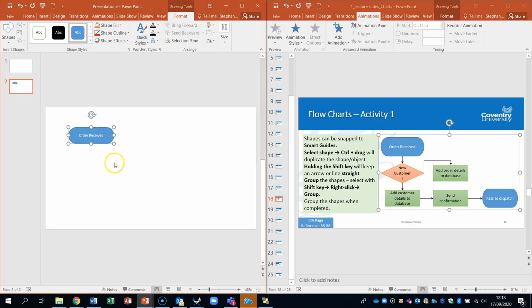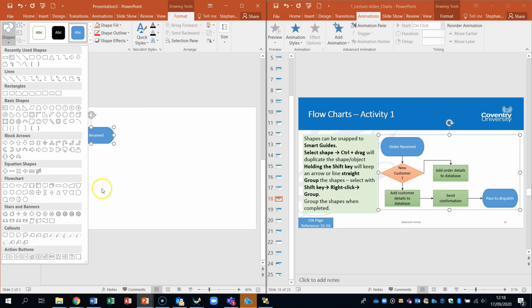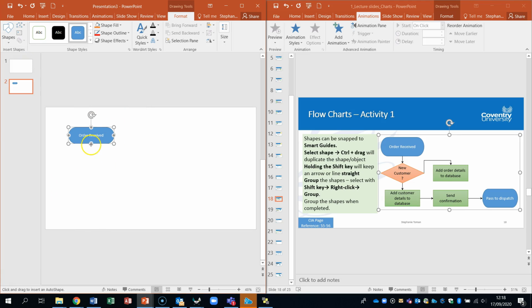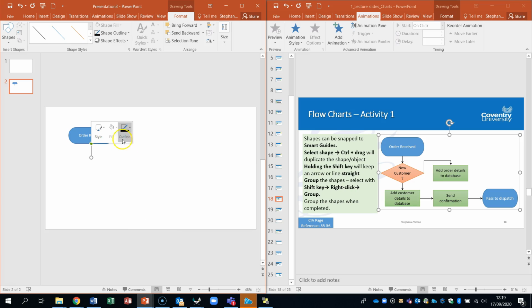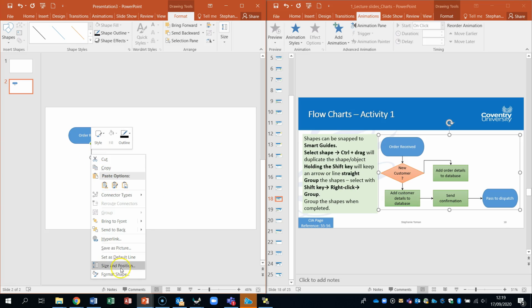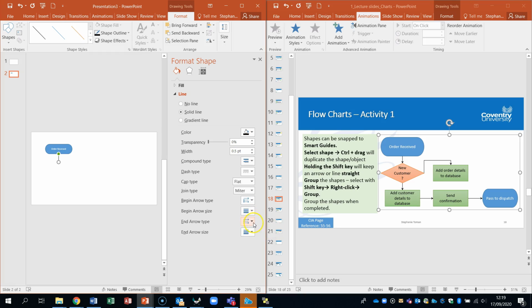and continue. So the next thing we need is an arrow. So if you go back into the shapes, you can see that now it's turned slightly different. We're in the format tab. There's an arrow. You could hold the shift, like I said, and draw it down. And then what you can do is you can even change the arrow type. You've got some stuff going up here, but if you right click, you can do the outline in black. And you can also, if you right click and go into format shape, you can change the end of the